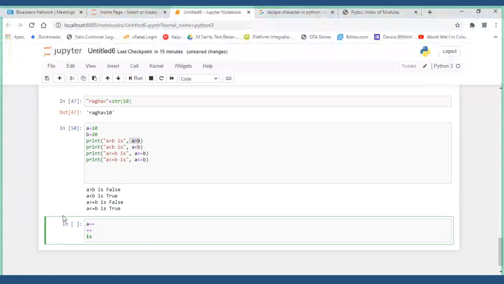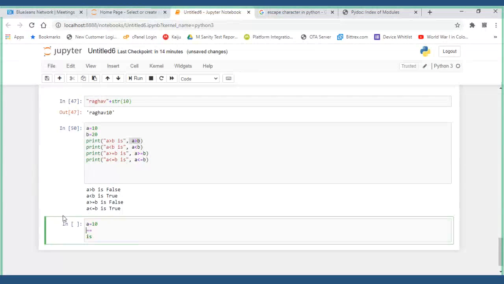A is equal to 10. Here, what you can give is something like two compatible things that you will be referring to.